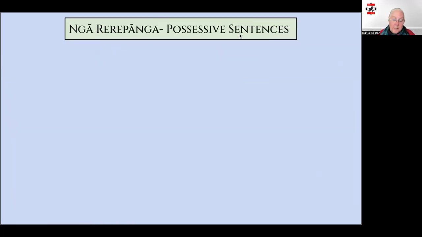Let's start using some of these kupu now to build some sentences. I'll start off with the same item with the three different possessive classes so that you can see how it works. Let's use a pencil. He pene rākau. We know that a pencil sits in the A category because it's hangaro. So we'll put our A category tile in the corner. Our first rerepānga is using the T class possessive tāku, mai.